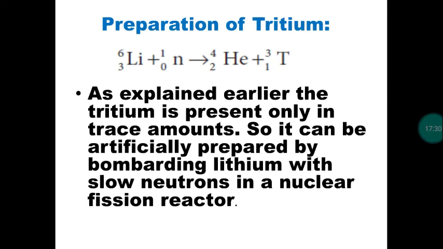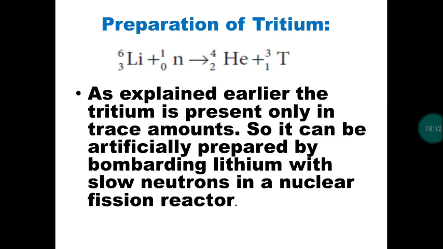Next one, tritium. Compared to deuterium, tritium has very low abundance, and this is called radioactive hydrogen. So this can be prepared by a nuclear reaction. So this is not an ordinary reaction. In your higher studies, you will study the difference between an ordinary reaction as well as a nuclear reaction. So we are going to do the nuclear reaction, as we do in nuclear power plants. In Tamil Nadu, we have 2 nuclear power stations. One is at Kalpakkam, another one is at Kudankulam. We do controlled nuclear reactions within the reactor, so we get electrical energy. So the same reaction is done.